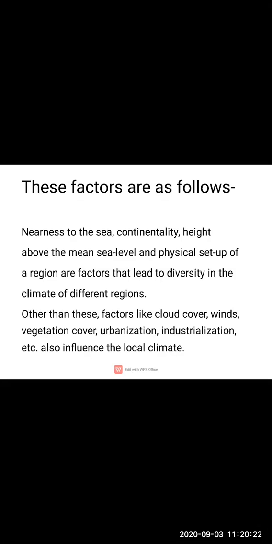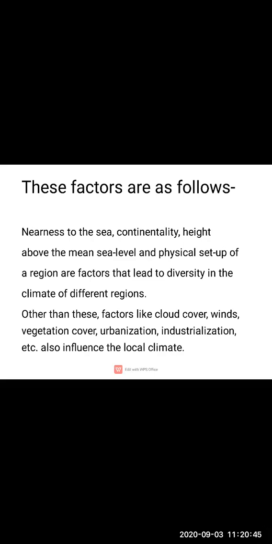Other than these, there are some factors such as cloud cover, winds, and vegetation cover. Now children, vegetation means plants found in that region. Urbanization: we know that people move from rural areas to urban areas.